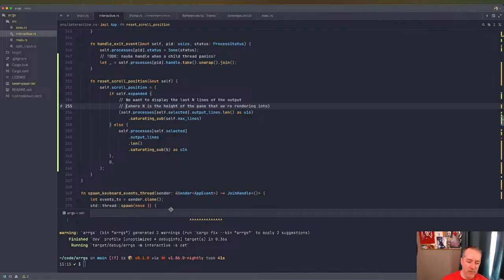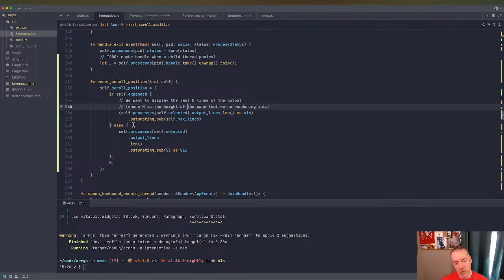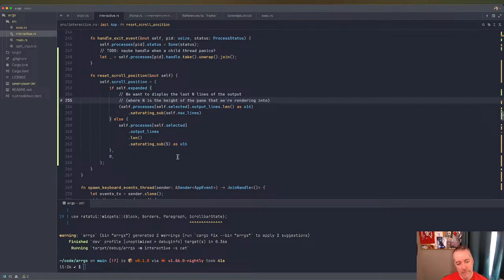It's still not correct with respect to do we have wrapping turned on, because we don't know how much we're going to wrap. Now we could copy that rect into the app on every draw. But let's